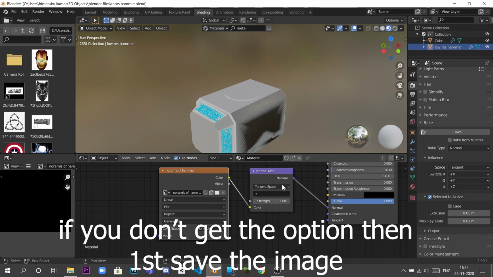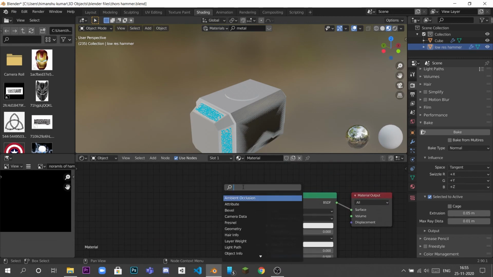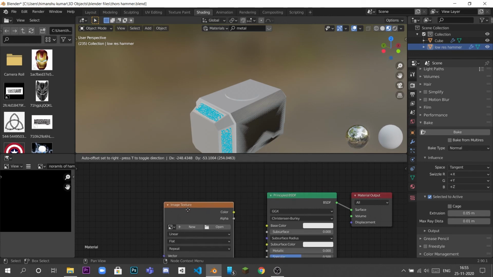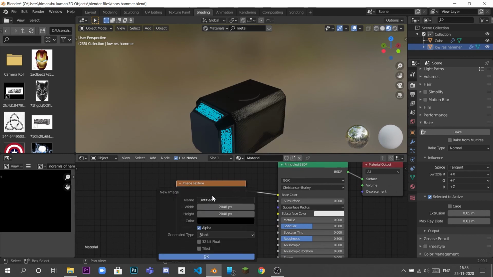Now we can go to image texture, apply the color, add a new texture, and just plug it in.